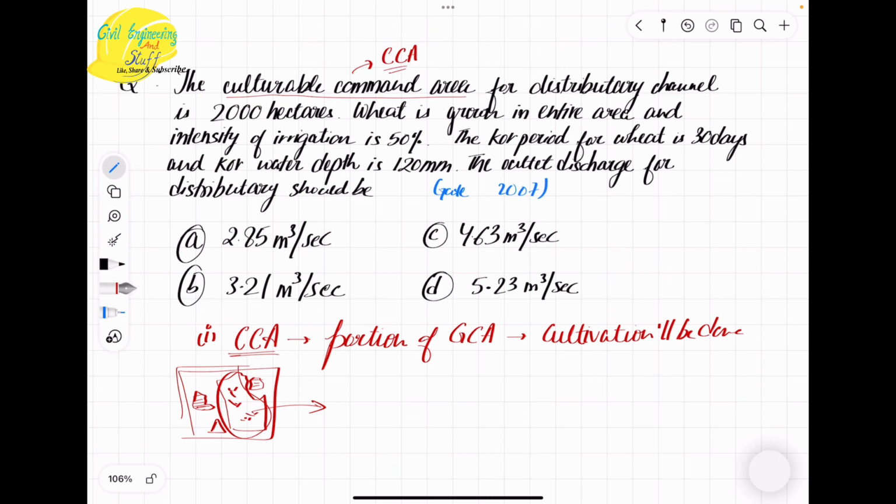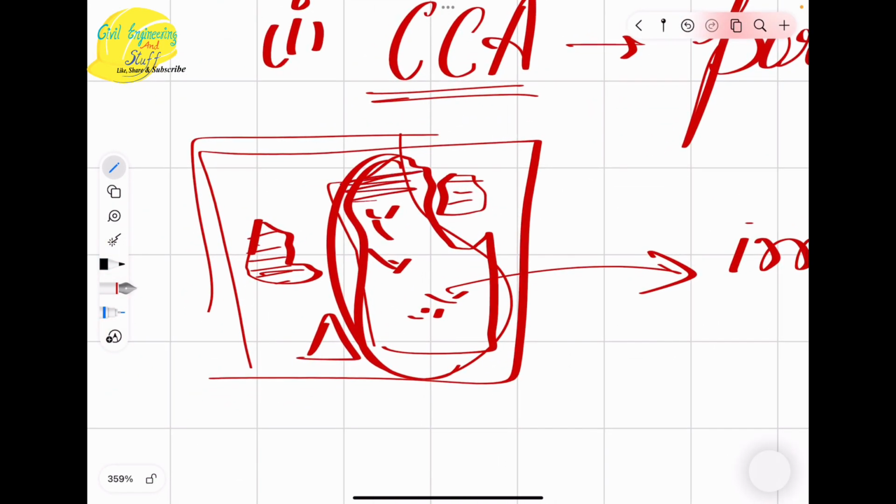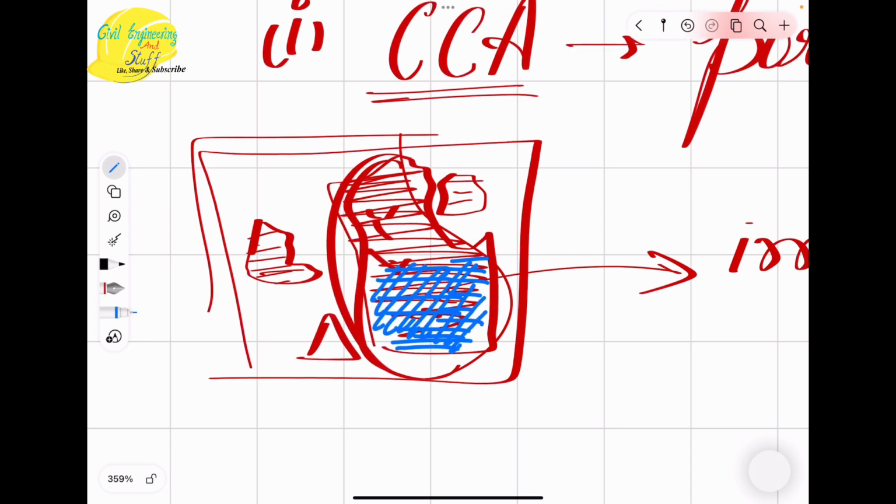And out of this CCA, the portion where the irrigation is proposed to actually be done is what we call the intensity of irrigation. Okay, so out of this full area where the cultivation will happen, the part where the irrigation will be done in a particular season or a year, that is what we call the